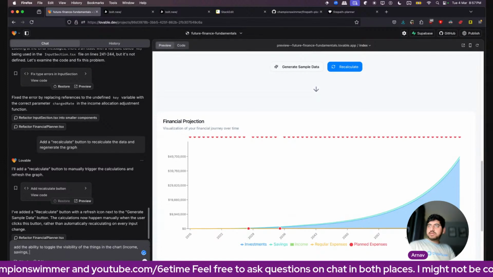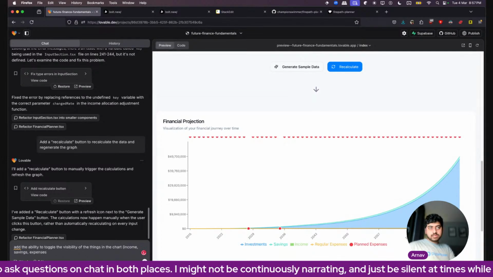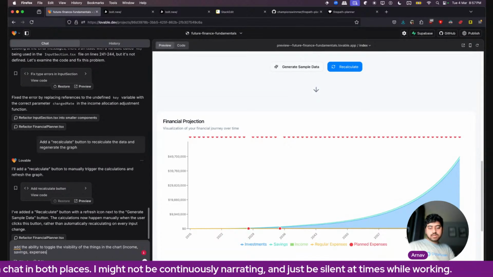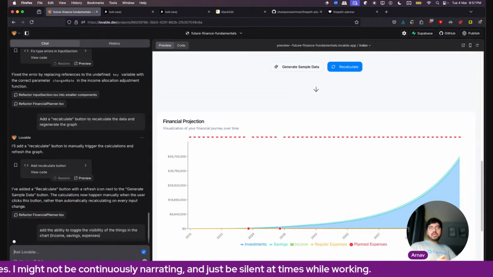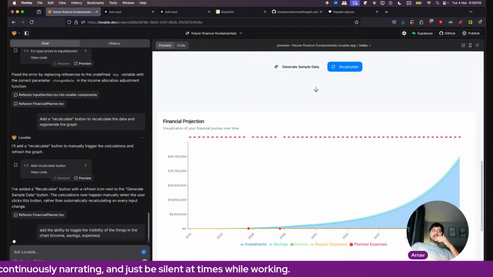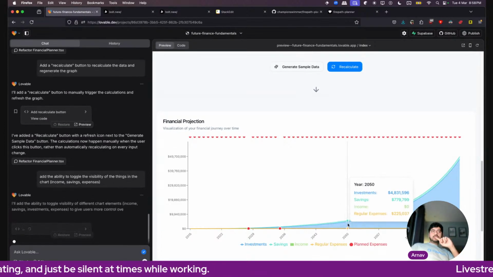So income, savings. Okay, can it add the ability to toggle those things? That would be good to have.